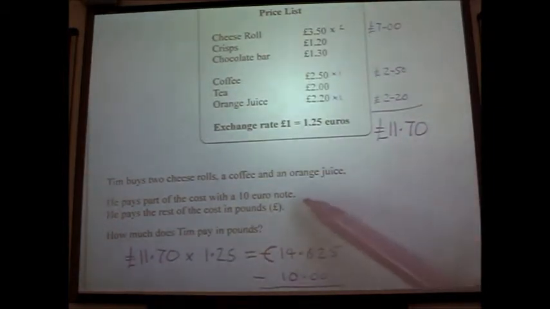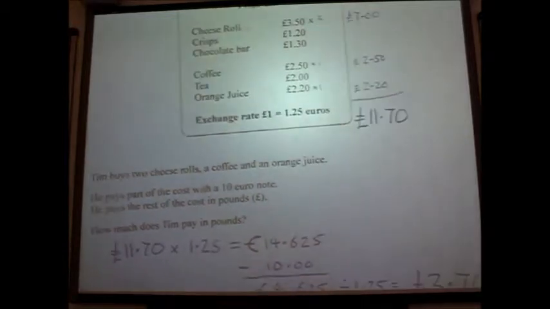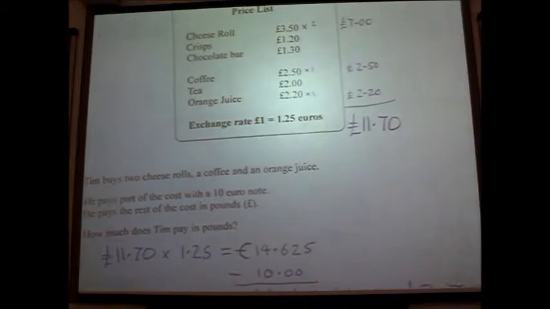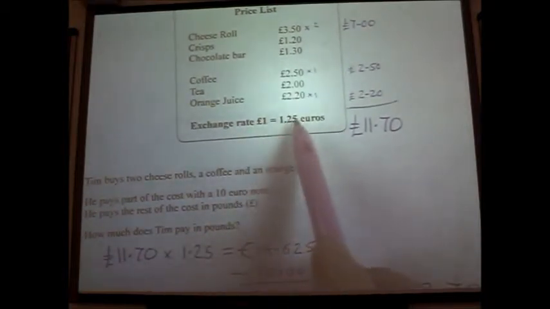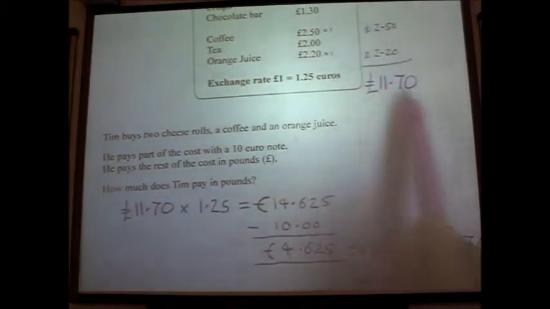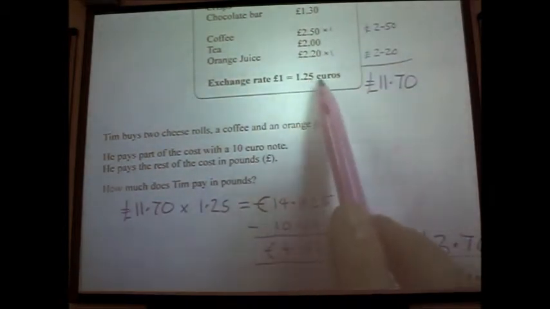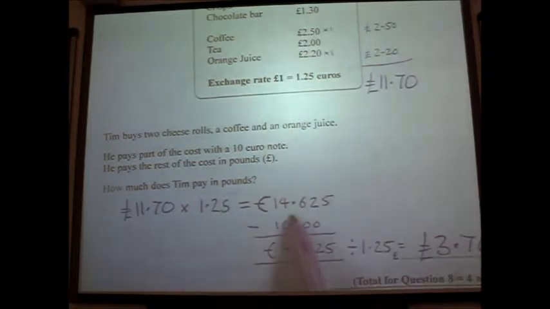He pays part of it with a €10 note and he pays the rest in pounds. How much does he pay in pounds? Well, you've got to look at the exchange rate here. So £1 equals 1.25 euros. So in total, it's £11.70 times 1.25 euros. So that gives you 14 euros